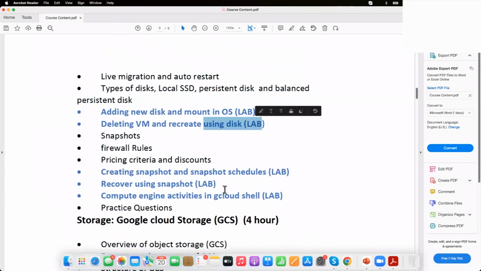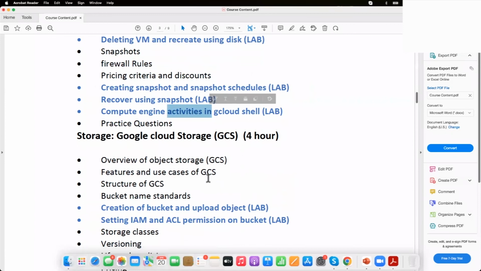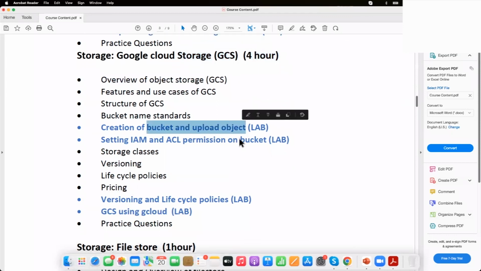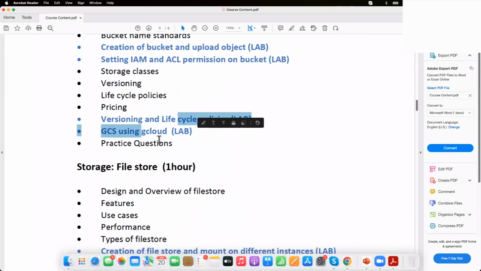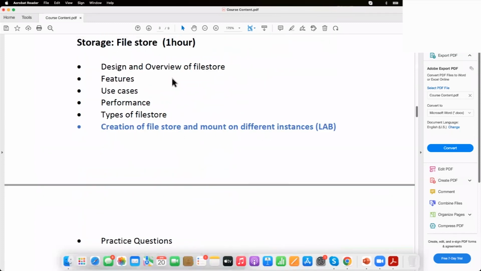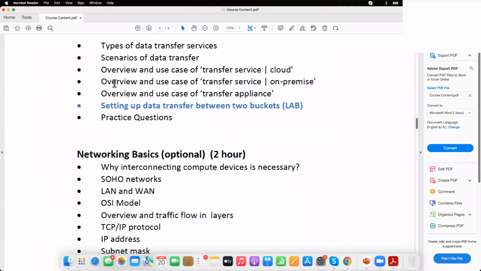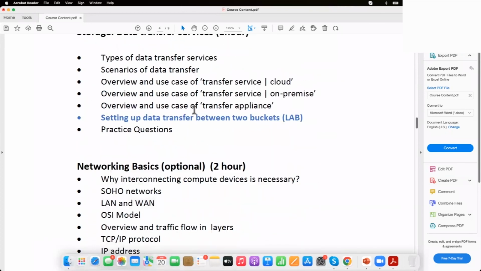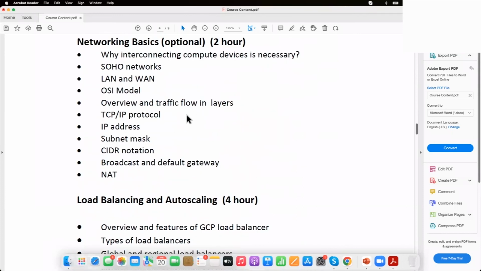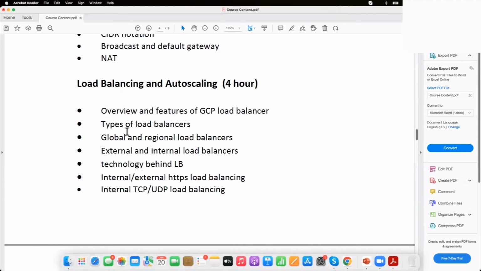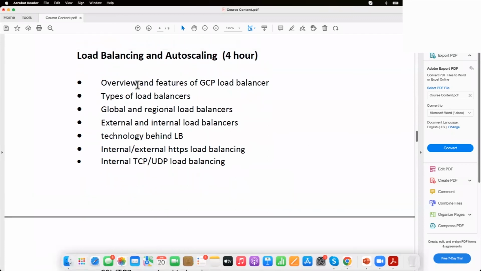You can see what all we are doing here. We can look into this later. Then Cloud Storage. Not 4 hours, 2 to 3 hours will be enough. Here we will be doing all this. Filestore. A few things I changed. Some areas I have changed. I'll share the updated one. I have added a few and reduced a few, some of less percentage, very few things, not the important areas.